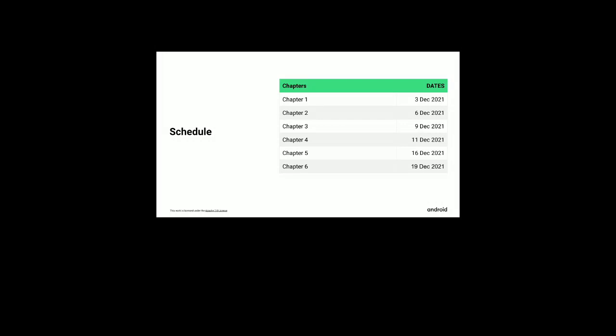These dates are also made keeping your midsems and exams in view. If any exam collides with the dates, tell us and we will change the dates of the sessions.